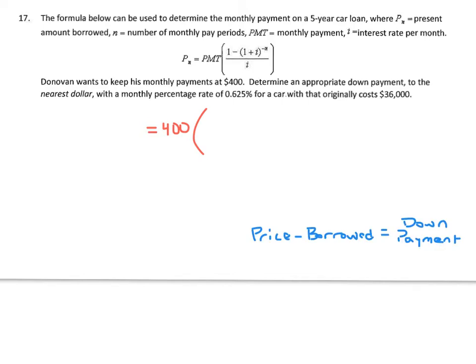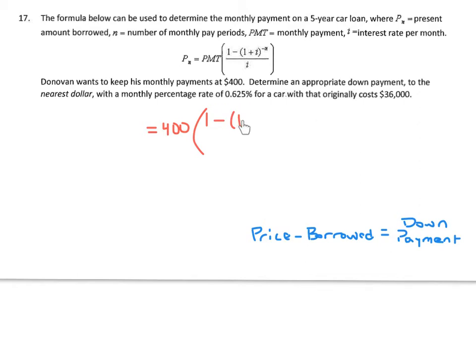Okay, so just like in the last example, when we want to find the down payment, we need to figure out how much he's going to borrow to help us with that. So let's plug in everything we know here. If I follow this formula, it says, in parentheses, 1 minus, and then 1 plus the interest rate. Now, the interest rate is 0.625%. So if we move this decimal place back twice, it's going to be